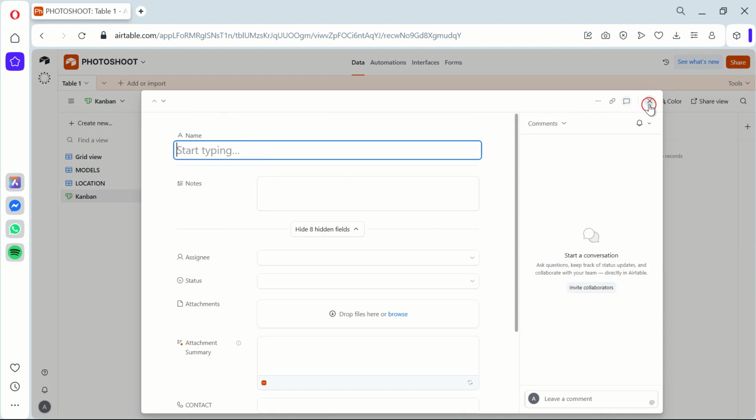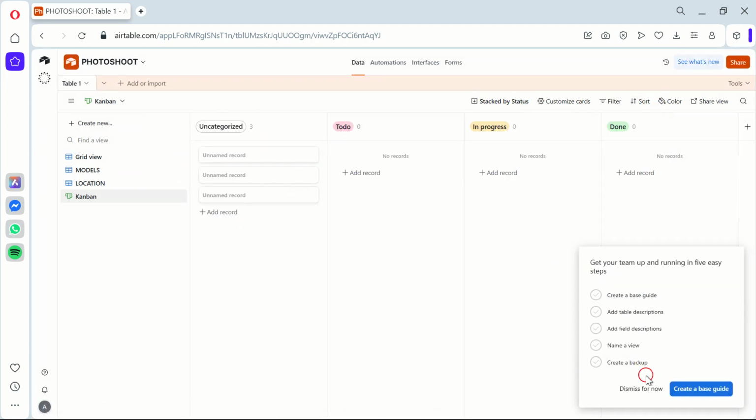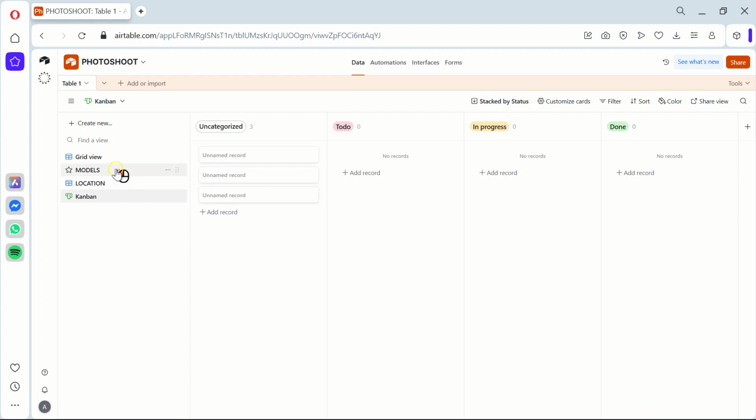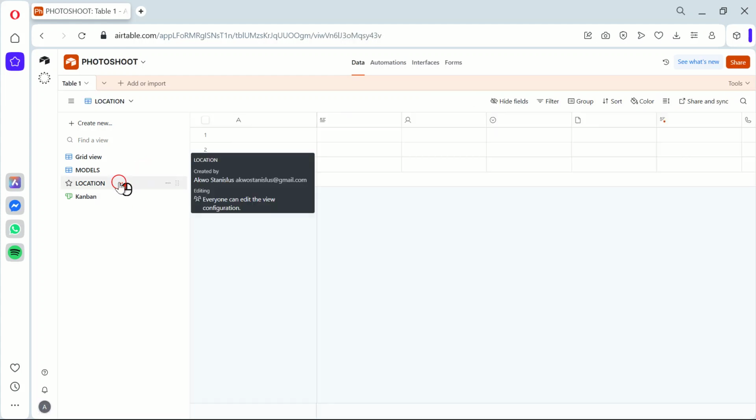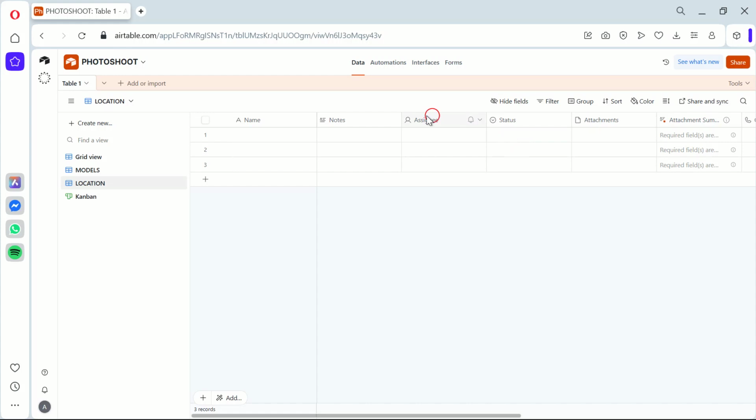And there you have it. In just 5 steps, you've learned how to organize a photo shoot session in Airtable. Remember, the key is in keeping everything organized and interconnected for a smooth and